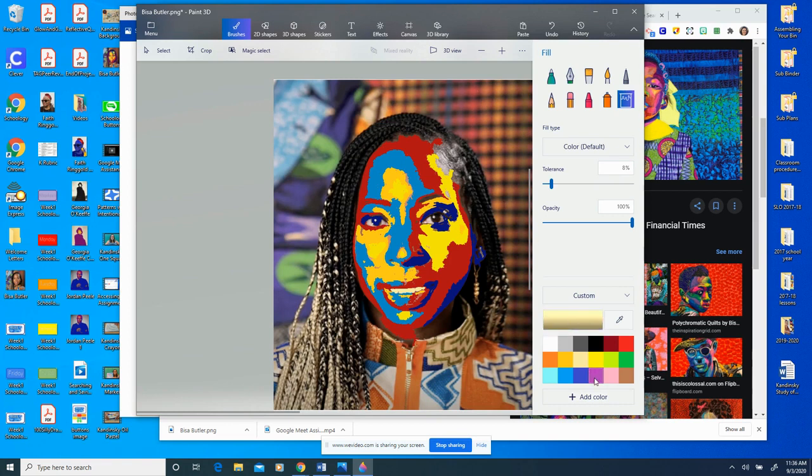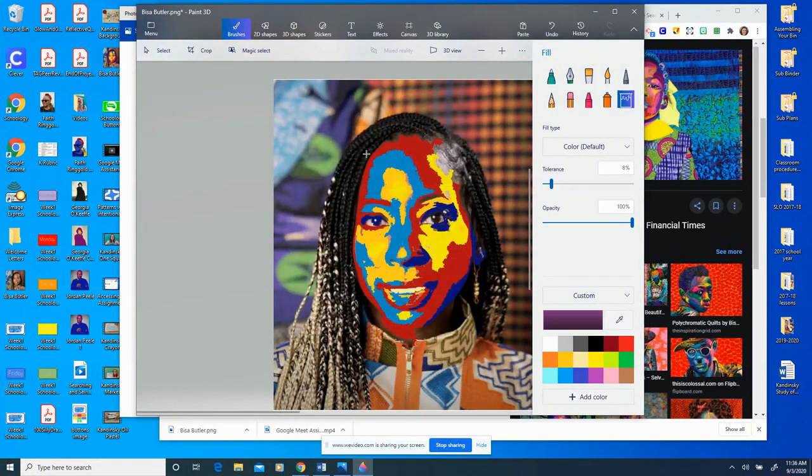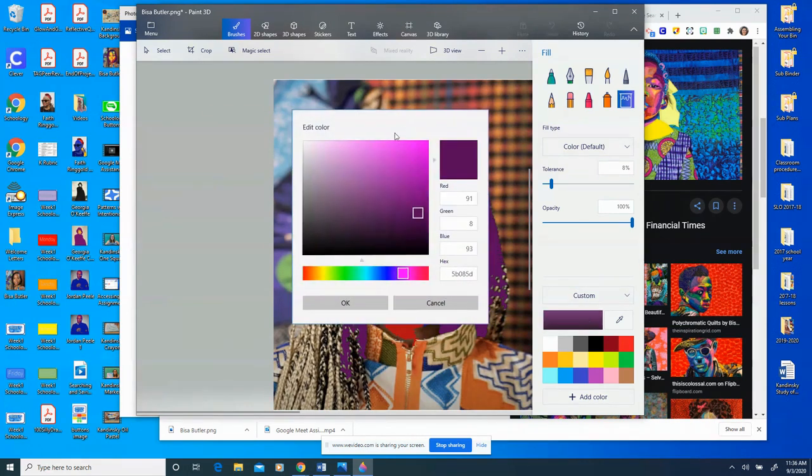And now I'm going to focus on her hair. I'm going to make her hair some deep purples. I like that this is showing the texture, and I'm going to make where the light is hitting her hair a lighter purple. So I'm going to click on that bar, maybe click a lighter tint